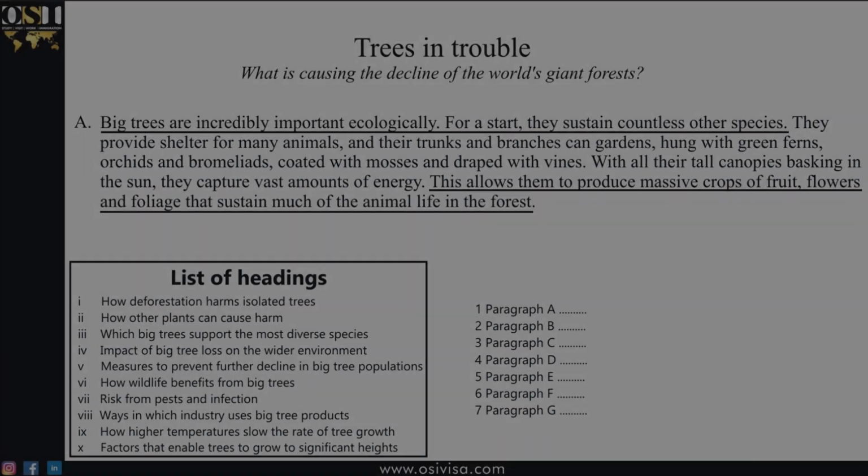Now, let's say you still did not understand the paragraph. What would you do then? Then it would be better to leave that paragraph and move on to the next one, because if you waste too much time on just one, you may lose out on the other ones that are easier. You can come back later and solve it in the end if you have some time, but my recommendation is to leave if it's taking more than 2 minutes to solve. So alright, let's move on to the slides and solve our heading matching